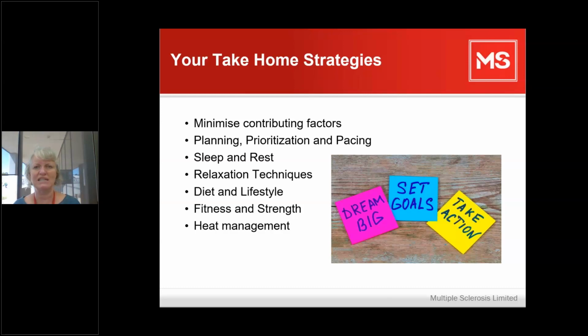I'd love you to think about your sleep and rest. I'd love you to consider implementing some relaxation techniques or using the ones that you already know. I want you to have a think about your diet and your lifestyle, your fitness and strength, that all could be contributing to your fatigue, some tweaks and adjustments that might help make a difference, and whether heat is having